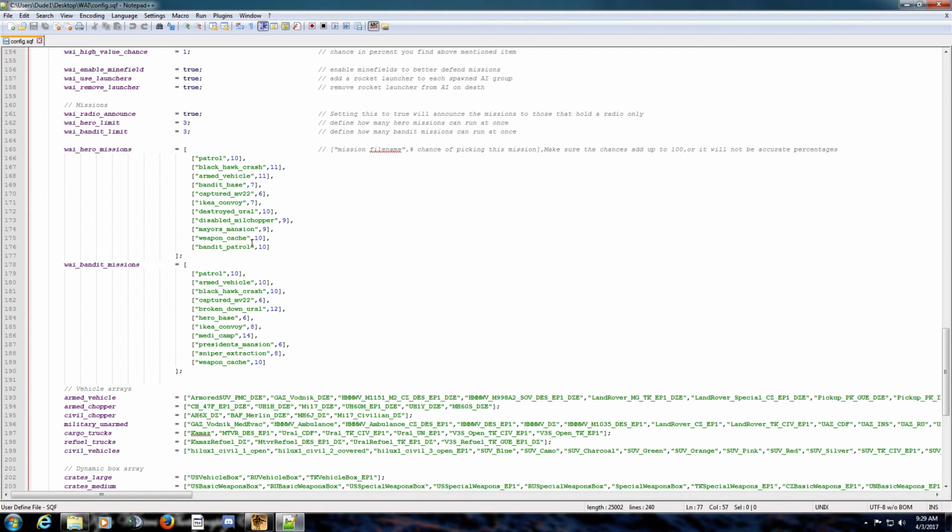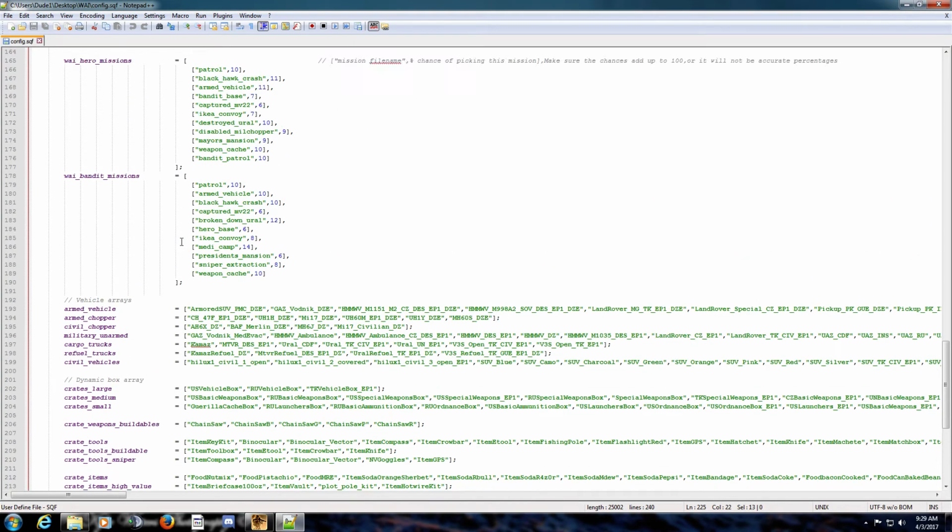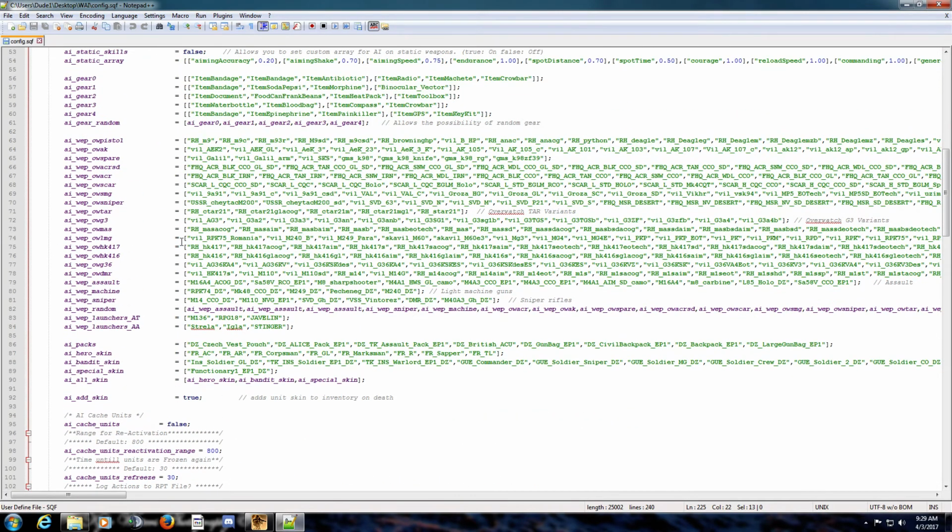Down here, I made an array of weapons that go in the crates. The way this worked before, it was goofy, because the stock Wicked AI system uses this. So what it would do is choose one of these arrays and just spawn all of the weapons in the crate from one array. So, you might get all submachine guns, you might get all of these,